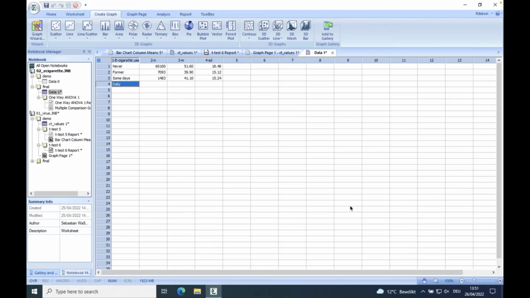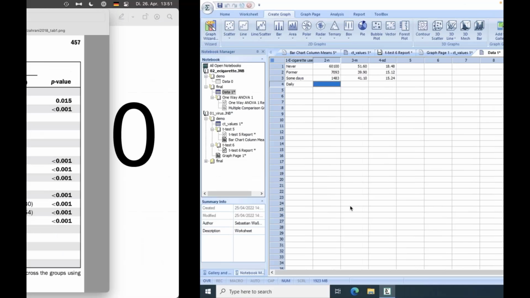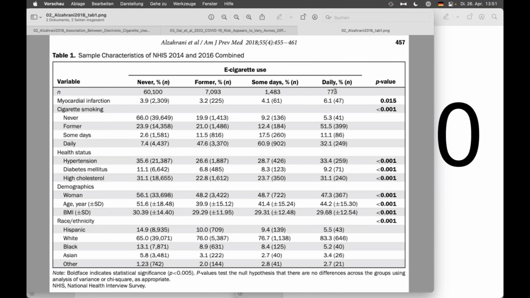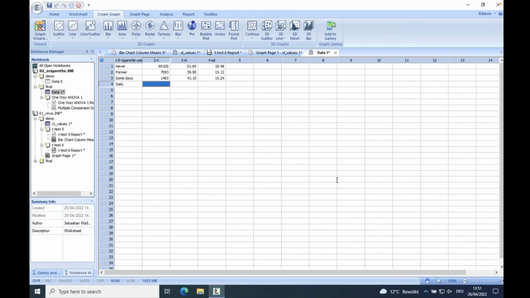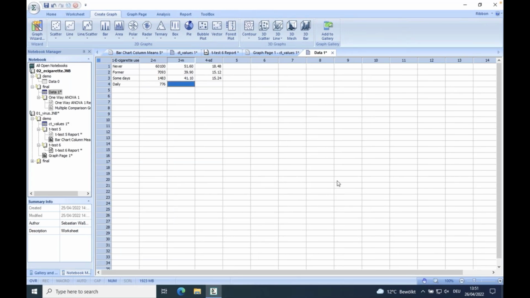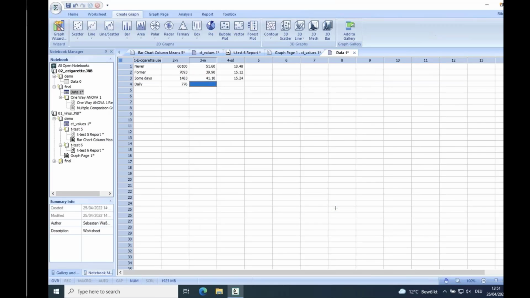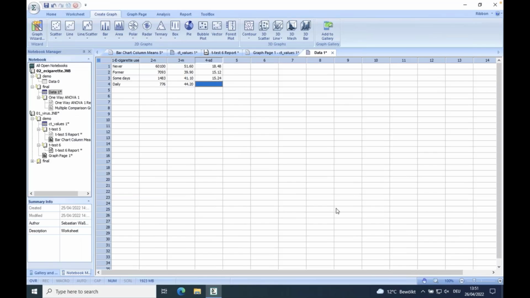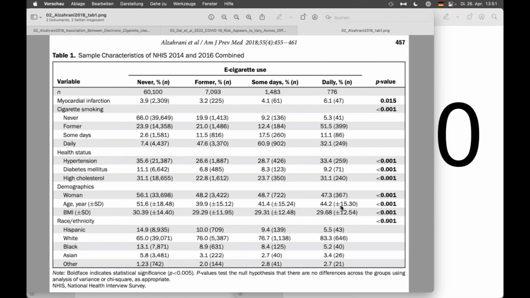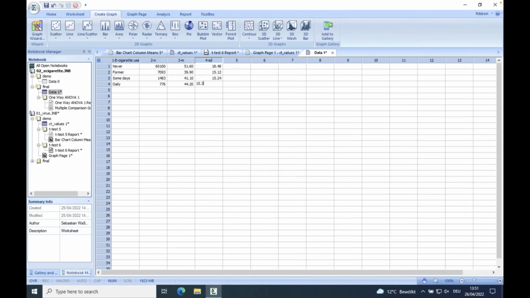And I just have to enter here the sample size. The daily group is missing. It's sample size 776. The mean 44.2. And the standard deviation 15.3. So here again, I can choose